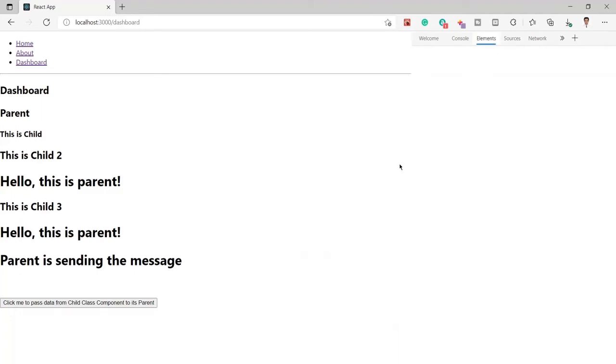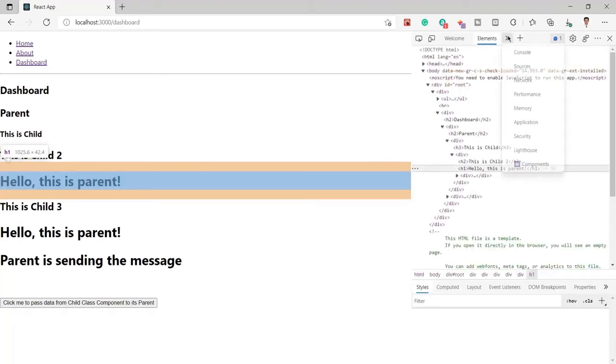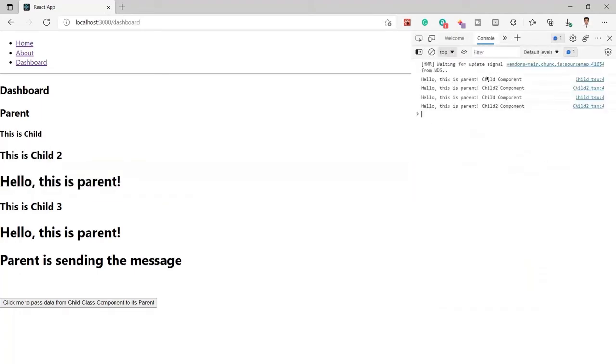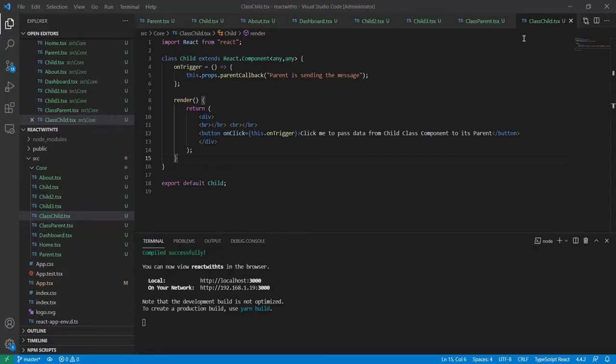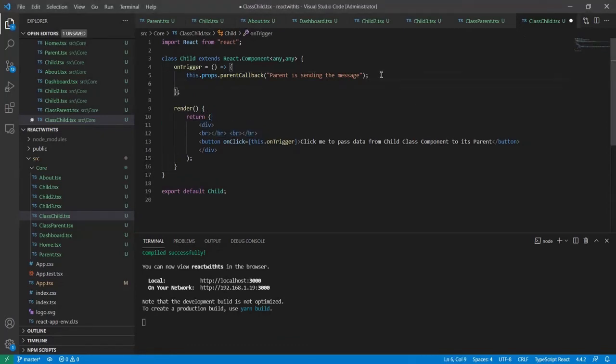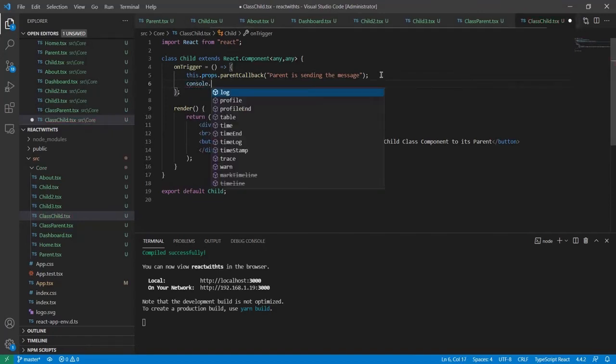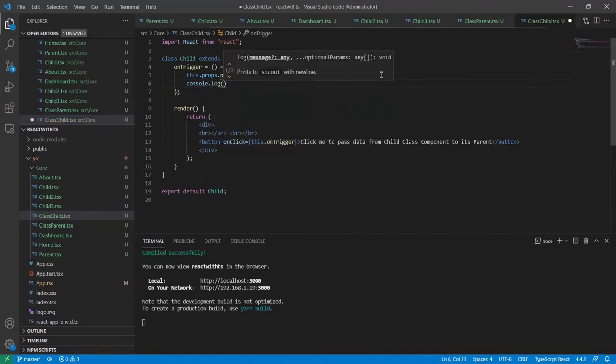by debugging or by viewing the console. So I will go to the console here and I will just clear this. Okay, and here in the VS Code I will put one console.log inside on trigger.